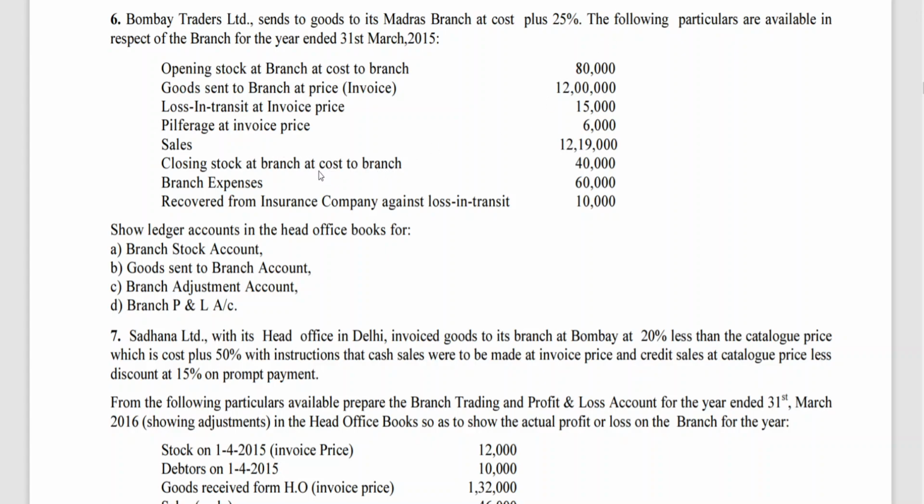Closing stock at branch at cost to branch is nothing but invoice price. Branch expenses. Recovered from insurance company against loss in transit. So ledger accounts in the head office books for branch stock account, goods sent to branch account, branch adjustment account,